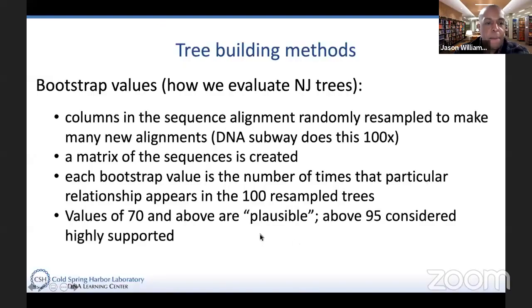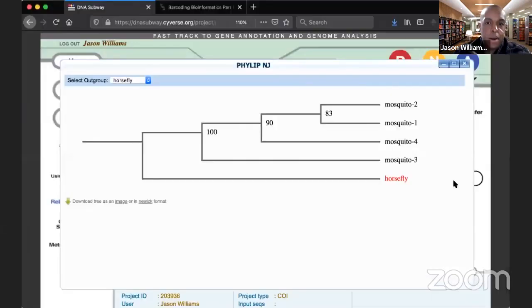Back to sharing the slides for one second, we'll take a look. What we generally consider is that if we have a value of 70 or above, that's what we call plausible, and 95 or above is what we call highly supported. So if I go back to the tree, let's choose this. That relationships, all of these are above